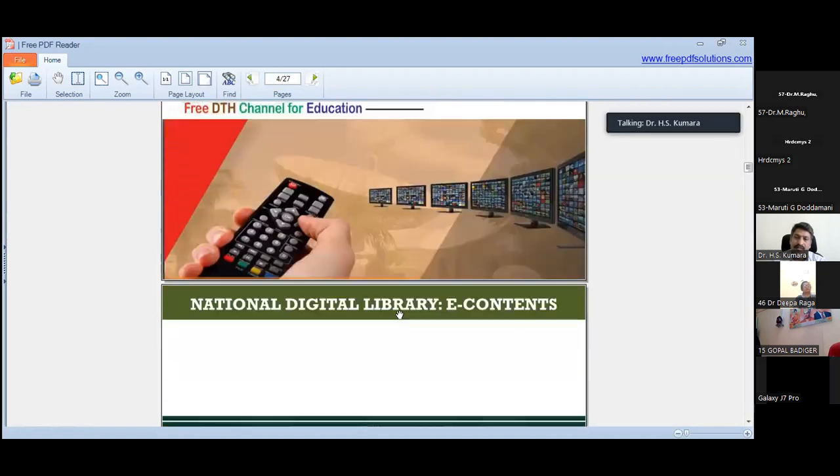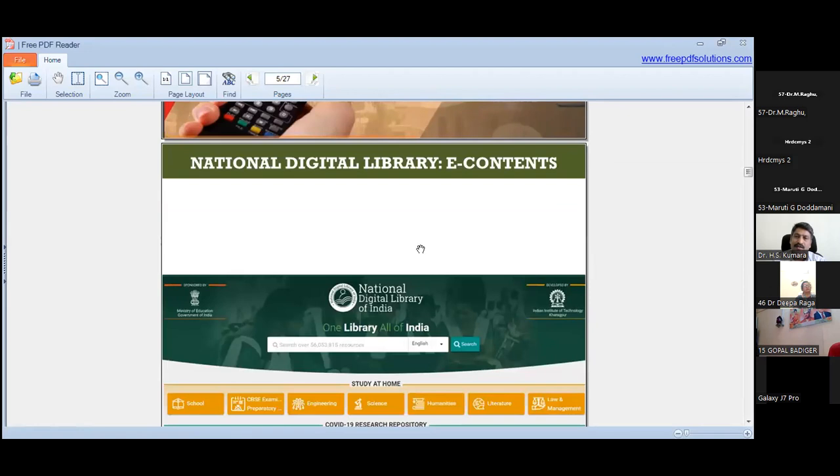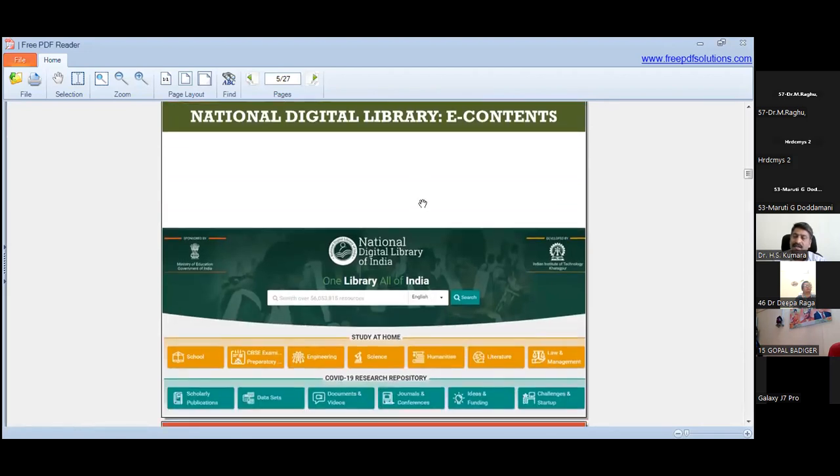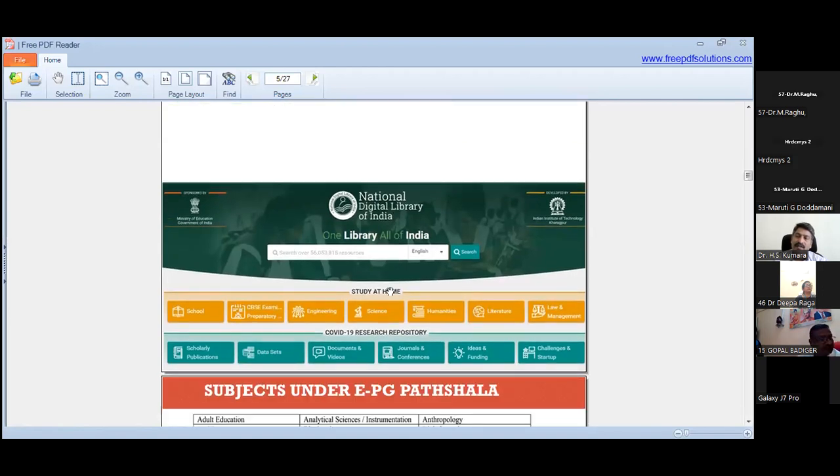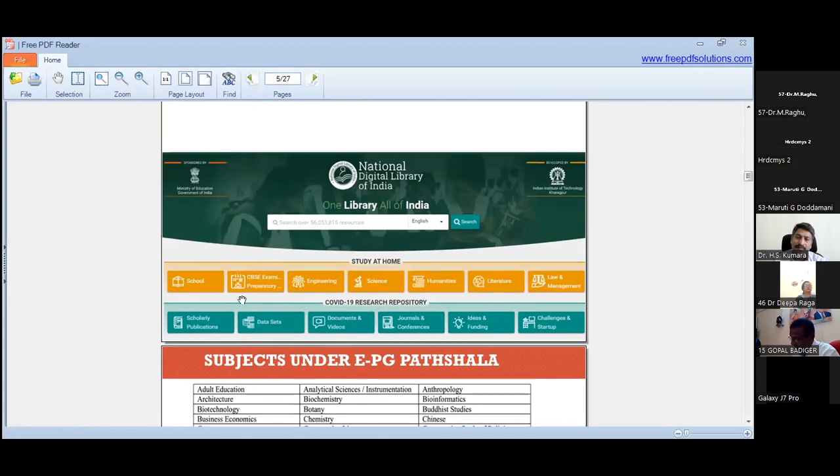Then moving to the next, the National Digital Library, because you are all already familiar with it. Under the National Digital Library, not only the digital repository, you can also find the e-content. Anytime you can go to Google, just type in National Digital Library, and then you know the main page.